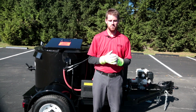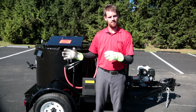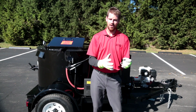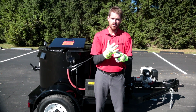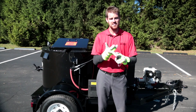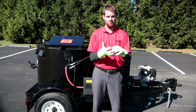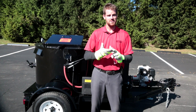Guys, as always, we just want to leave you with a couple ideas on recommended wares and spares to order in and have on your shelf for this machine. Again, we're thinking about and talking about things that are going to render this machine down. Okay, some things you want to have in stock: your hydraulic oil filter, your suction filter on this machine. You've also got a diesel fuel water separator filter that you should have on the shelf. Okay, on your diesel burner itself, the nozzle and the primary control unit,